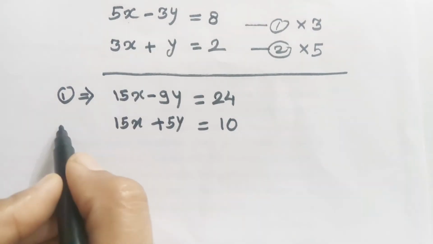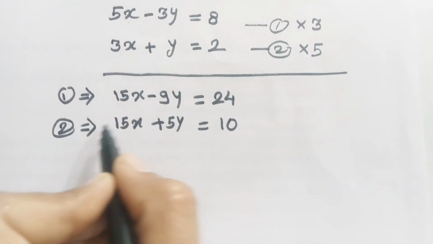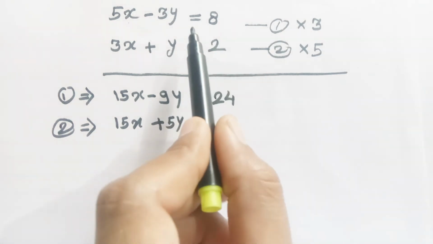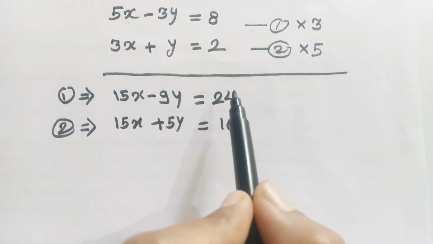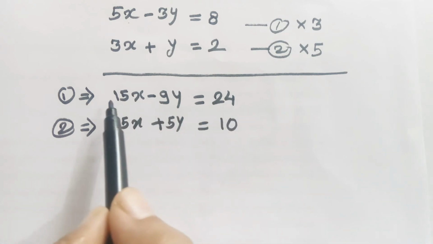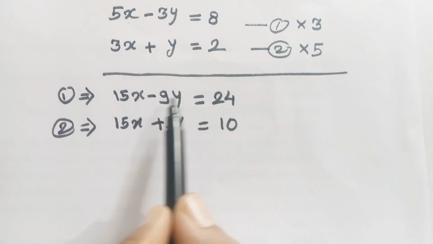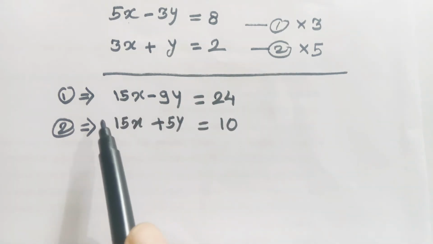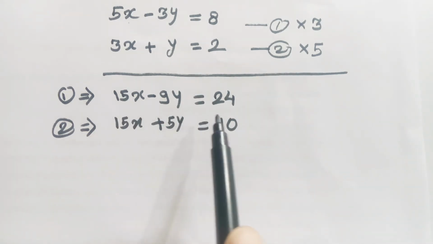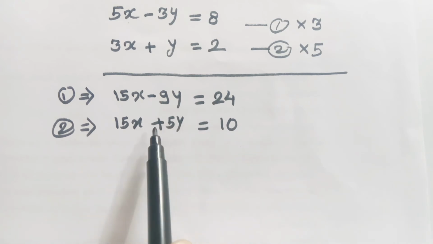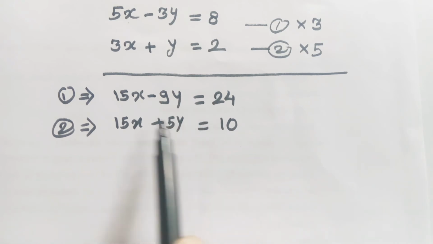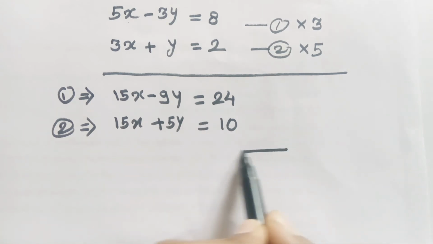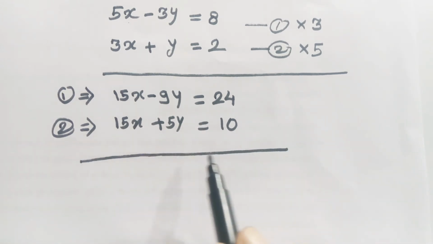See the new equations 1 and 2. We get a new form, but the solution of equations 1 and 2 remains the same, because we know that if we multiply any constant throughout the equation, then the equation remains the same. So we are not changing equations 1 and 2, we are just multiplying. So our value of x remains the same after multiplication by any constant. Now we have to eliminate one variable.